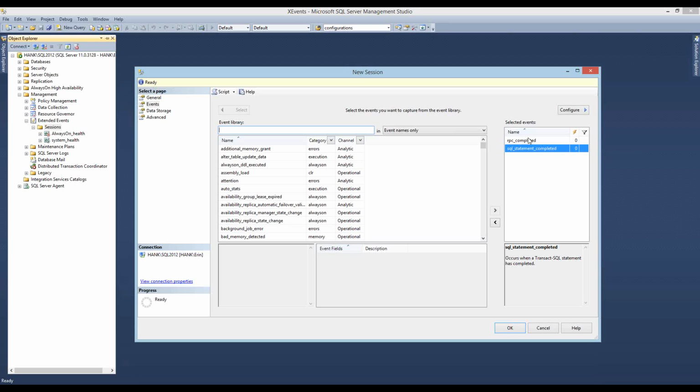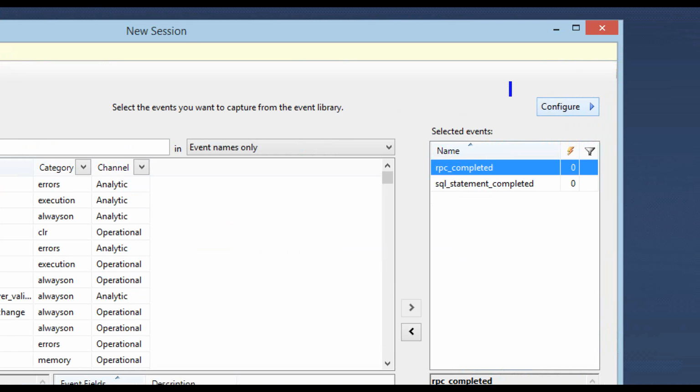There we go. So now that I have my events selected, I need to configure the events. And this is my only beef that I'm about to show you with this UI. From here, in order to see what additional fields I can capture, my actions, in order to set up my predicate, I have to click on this configure button right here.